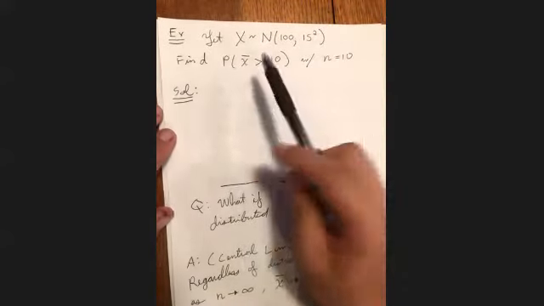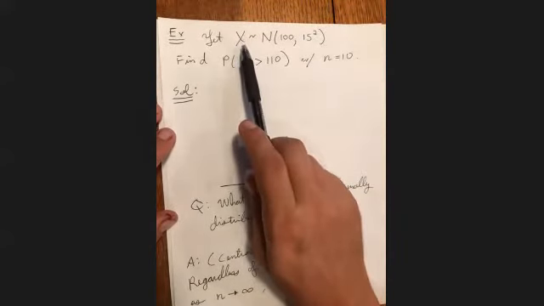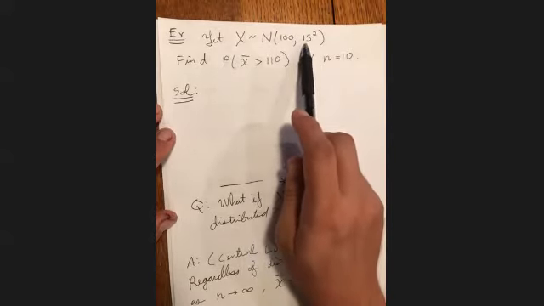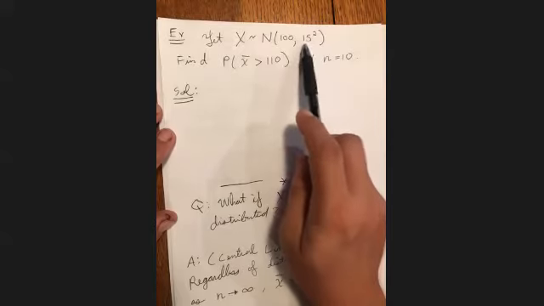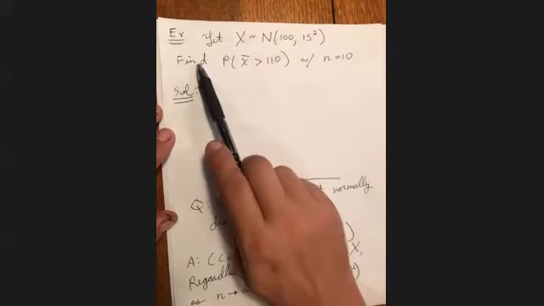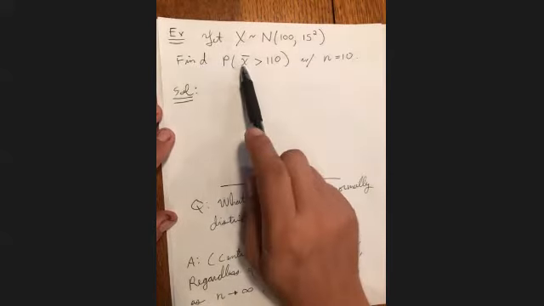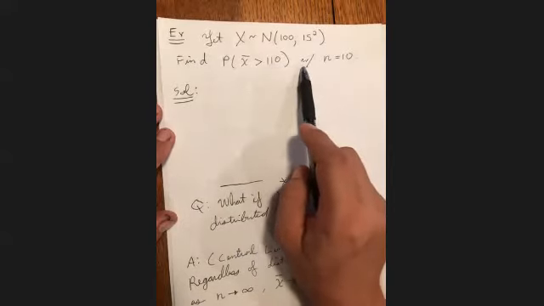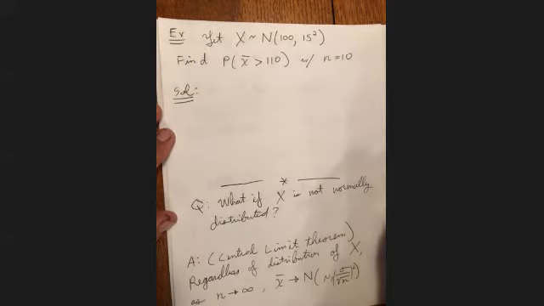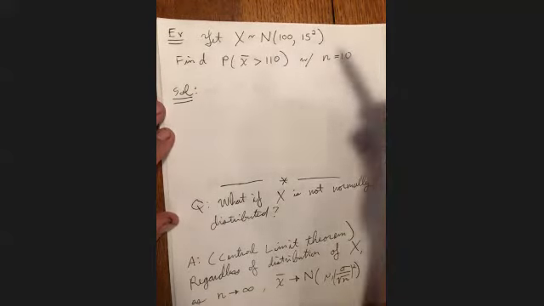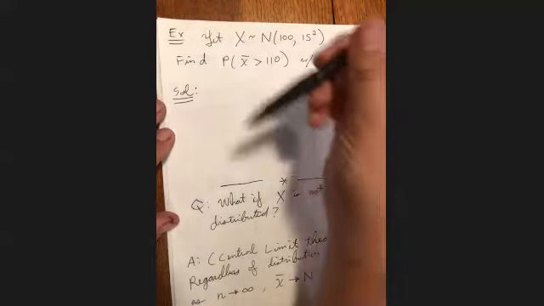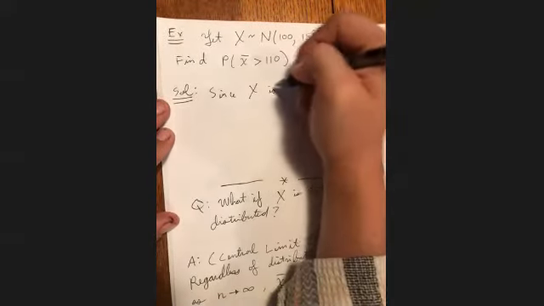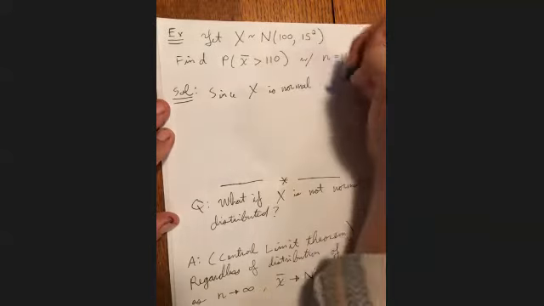So here we're going to say that the population, big X, is normally distributed with a mean of 100 and a standard deviation of 15, or a variance of 15 squared. Okay. We want to find the probability that the sample mean is greater than 110, assuming that the sample size is 10. Okay, so the thought process here is, first, since X is normal with